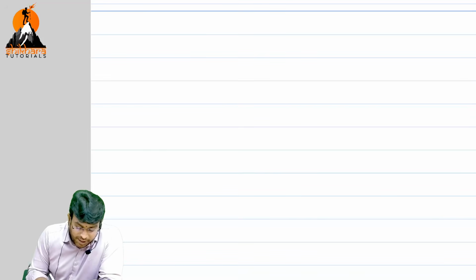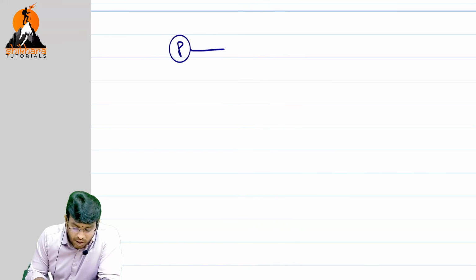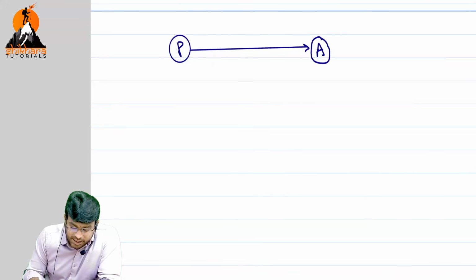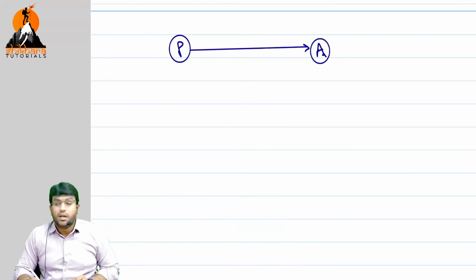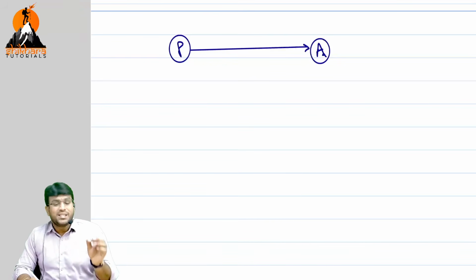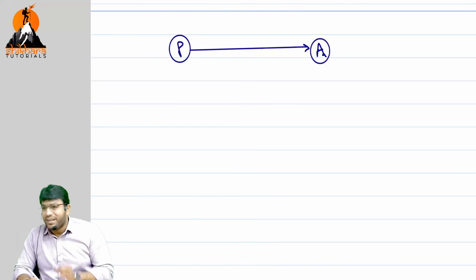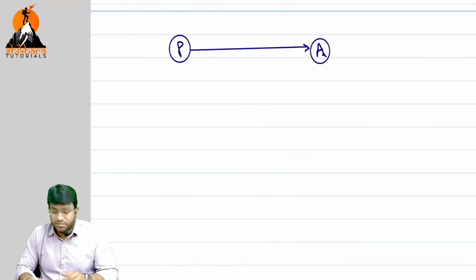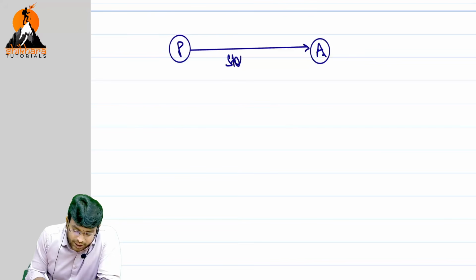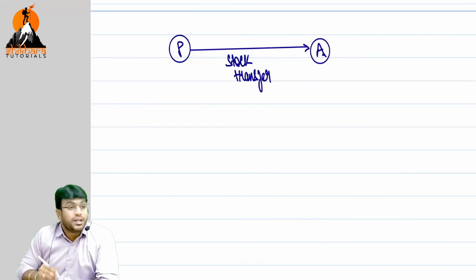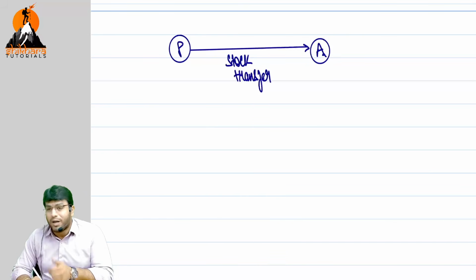But I'll just take 1 minute to complete this for the benefit of those who are not clear. There is a principal, there is an agent. Agent means, for example, a consignee agent. You know that, no? Consignment accounts. Sir, what is actually being done from principal to agent? There is a transfer of stock. Technically, it is a stock transfer. It is not a sale. It is not being sold.